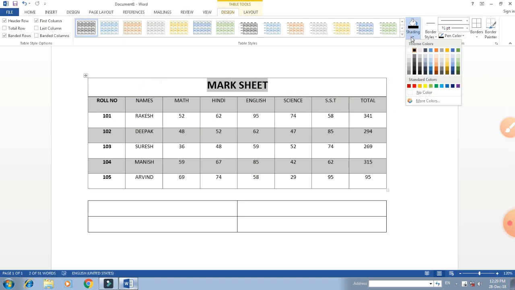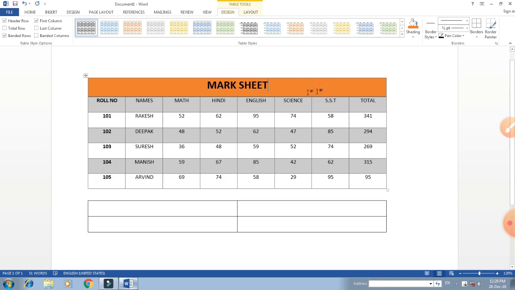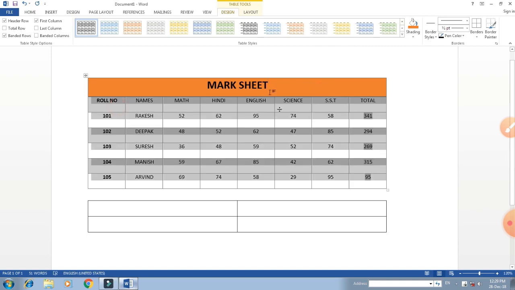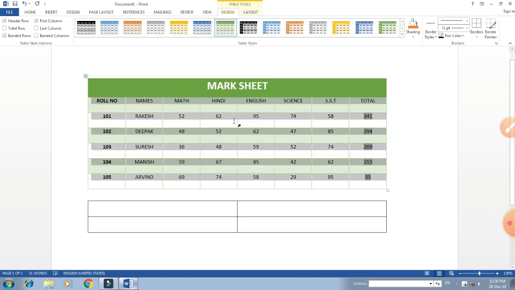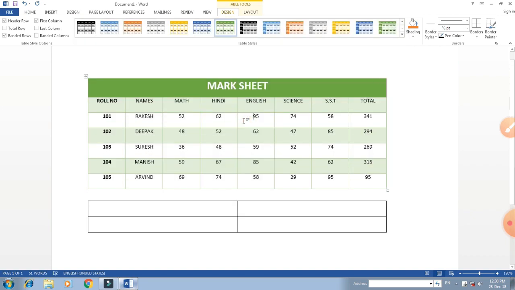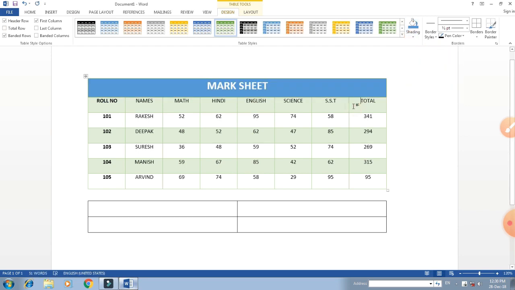So if you want the heading, select the heading and then the shading. Give any shading to your heading here. For the shading, the fill bucket, as you can see here, and you want to change to some different color. If you apply the design, it will change the whole table, including your heading also. So this way we can set the heading. Now for the setting, you can change the setting after applying the other design.